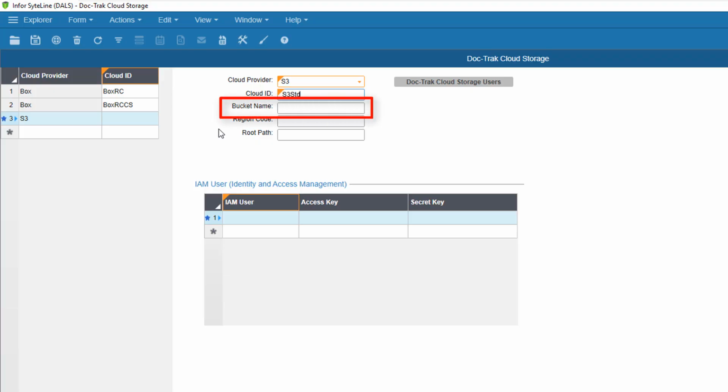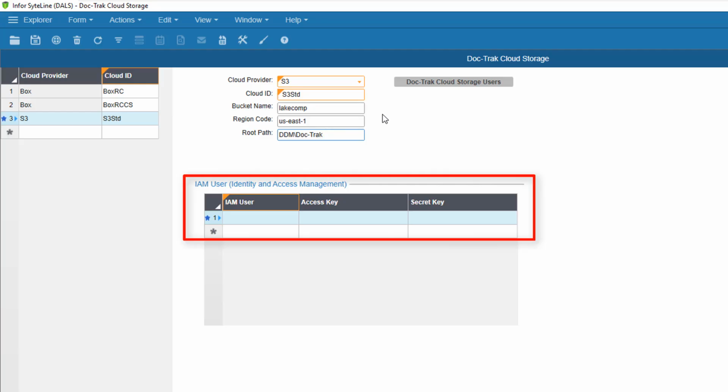We'll enter the bucket name here and the region code here. And remember, I only want users to have access to the DocTrack archive and none of the other folders in our bucket. So here I'm going to enter the path to that DocTrack root folder.